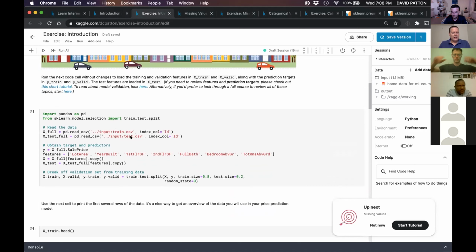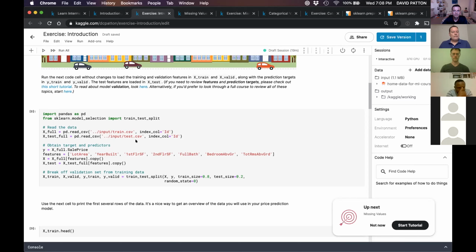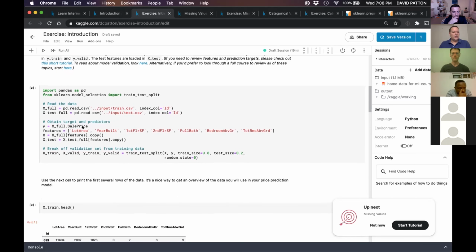There's the training data and test data, and they happen to be in CSV format. This is not really the pandas course. That'll be later on. We have a micro course on pandas that I think Kathleen's going to go through. But in essence, here we're just reading those into some data frames. And the target that we're going to look at, as I mentioned, is sales price.